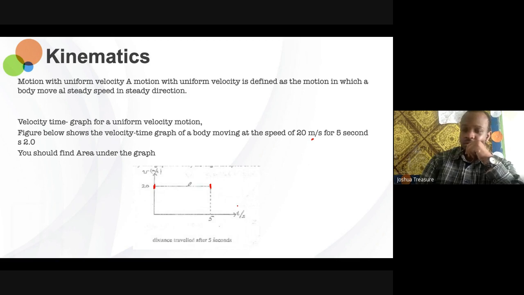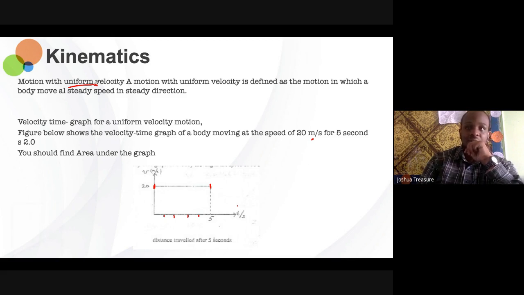So it's not accelerating. It's moving at a constant velocity. It's moving over 5 seconds. We have one here, two here, three here, and four here. So over 5 seconds, it is at the same velocity. Therefore, it is a uniform velocity. A motion with uniform velocity is a motion in which the body moves at steady speed in